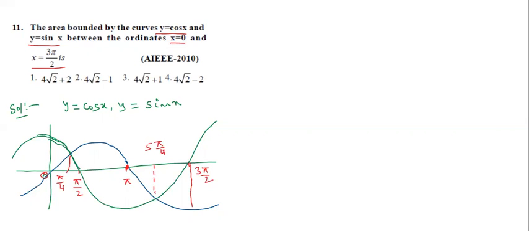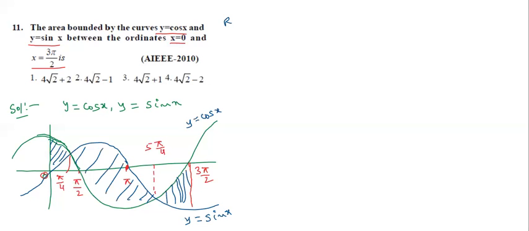So here we are getting three different areas. Here is one, this is another one, and this is one more. This is the last area, the shaded area below the x-axis. Below the x-axis means we want to take it negative, yes or no? So this curve is y is equal to cos x, and this is the y is equal to sin x curve.